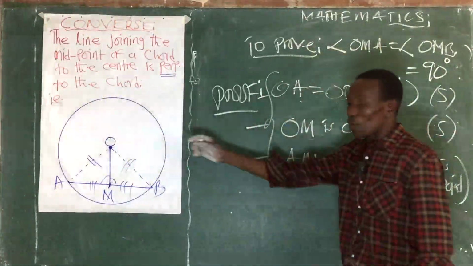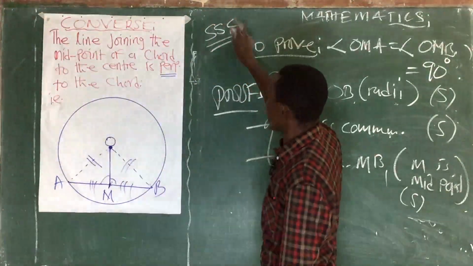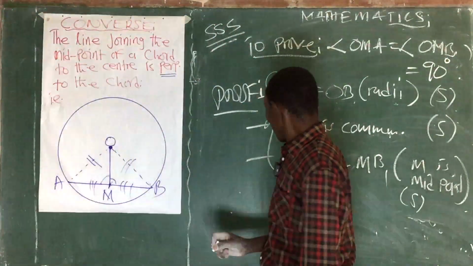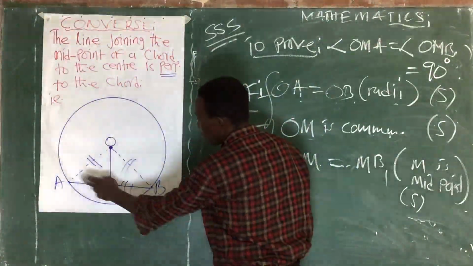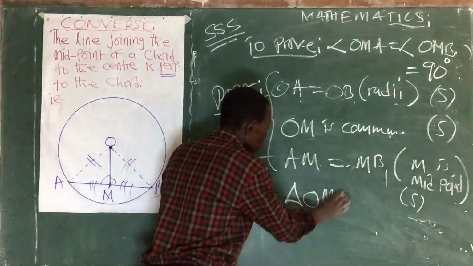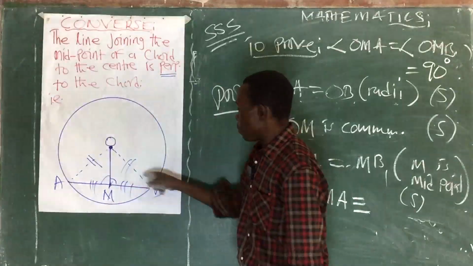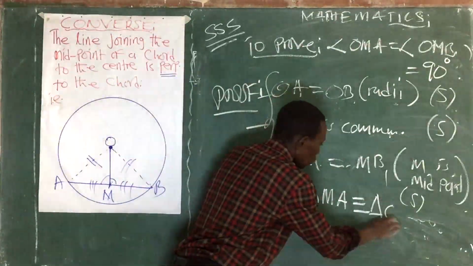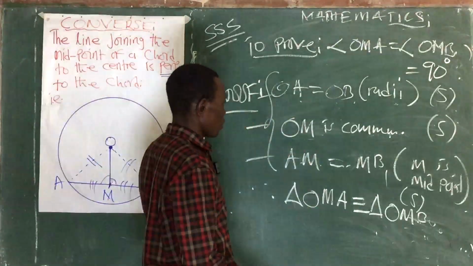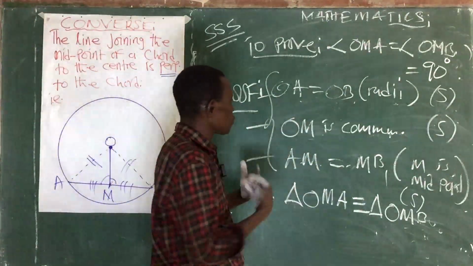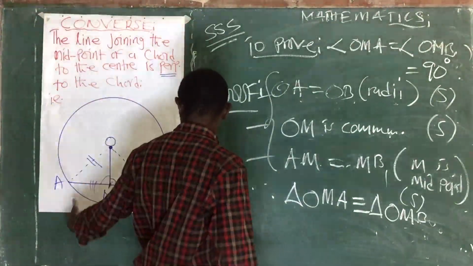So it means the test that we're using here is what? SSS. Say side, side, side. So in that case, you're going to conclude that triangle OMA is congruent to triangle OMB. Right, you can write these things orderly as we did with the first one. It's just the converse of that. So I'm just putting into line the type of information that you need to show that really